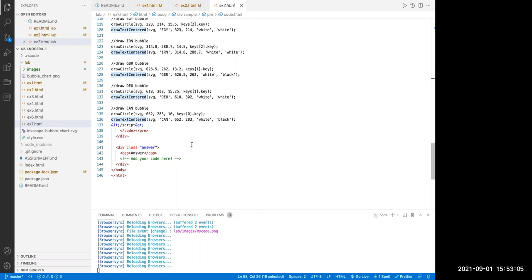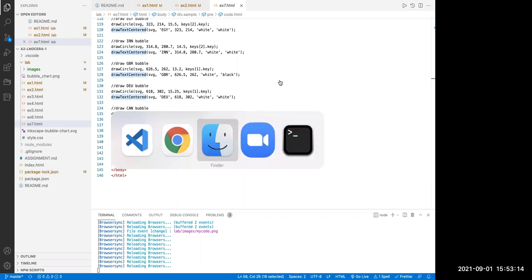I still don't know how to debug this. I can't find the... Let me just stop the Zoom here so that